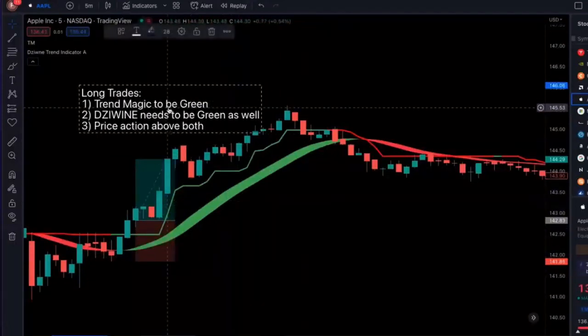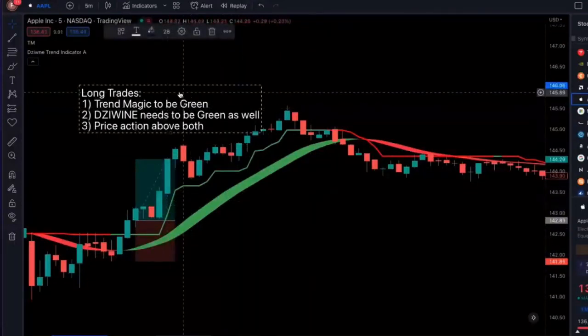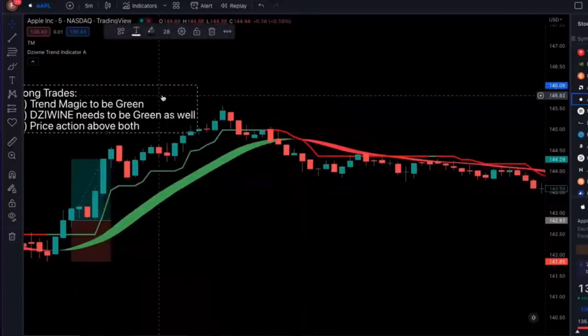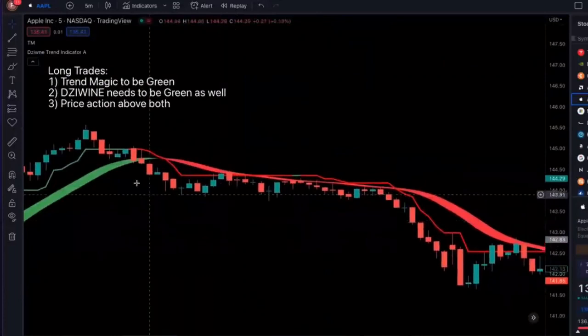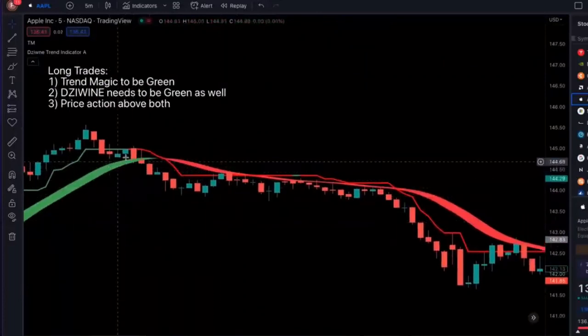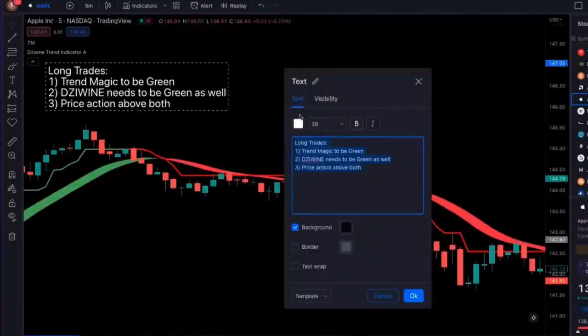So now for short trades, let's move this over. For instance, right here, trend was green, green, green. This turned red. Now here's red. So now for short trades,